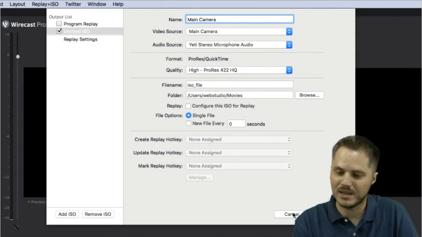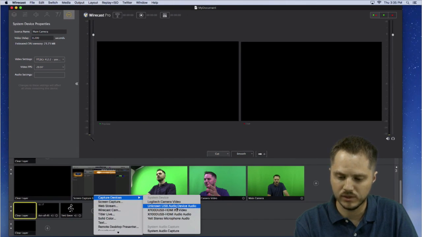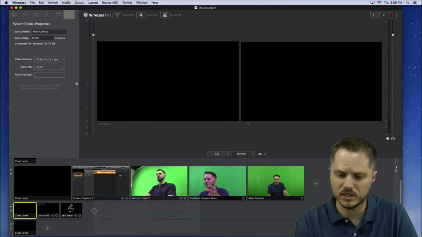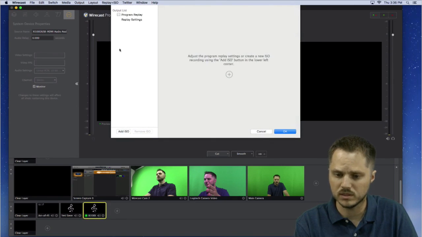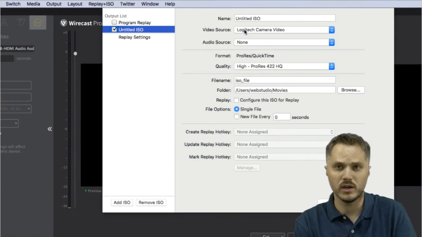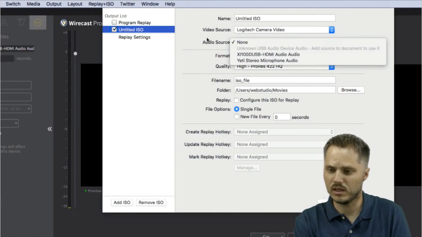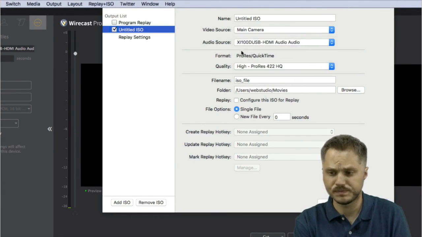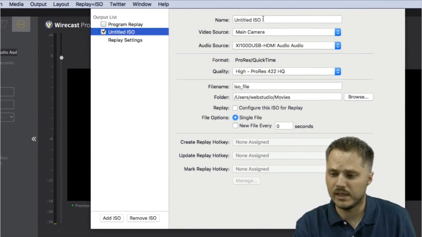If I want the same audio, like the audio coming from the camera, to be recorded, I can actually add that. Should have audio coming in, I think. We'll have to check on that. Let's add the XI100 HDMI audio. And now I've got that in the project, and I believe it should show up as a selectable audio source that can be paired with that video. This is a peculiarity probably of this particular capture card. But yeah, there it is now. So I can get the audio and the video from the same camera, and I can record that into its own file.